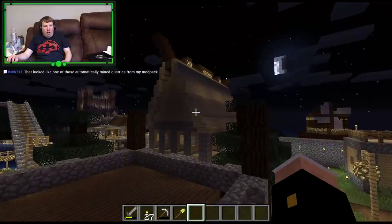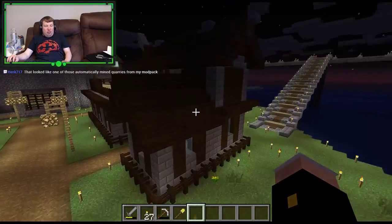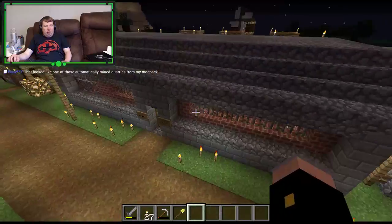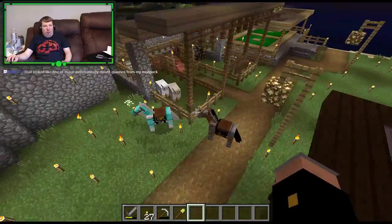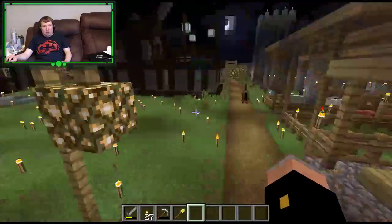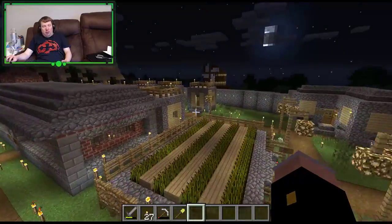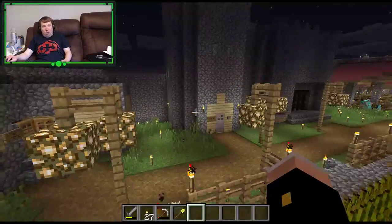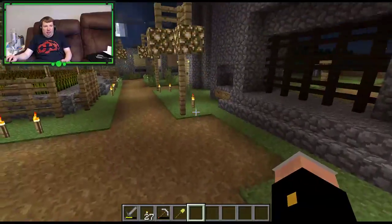We also have a warehouse there. We have a town hall. We have a blacksmiths and occultists. We have wheat farms. We have an animal farm. We have a vegetable farm. We have some housing area for NPCs there. We have a library. We have a watchtower with jail in. We have a pretty cool gate,